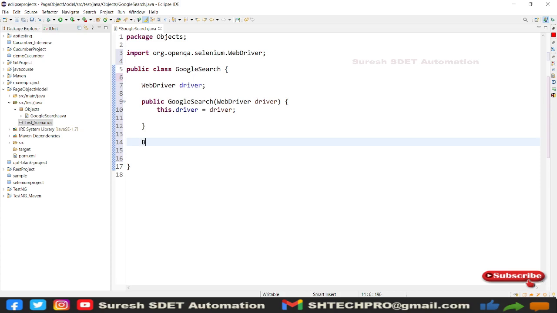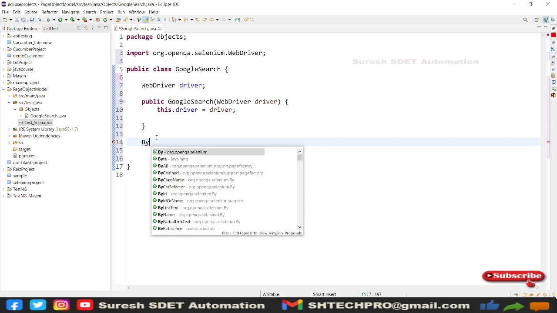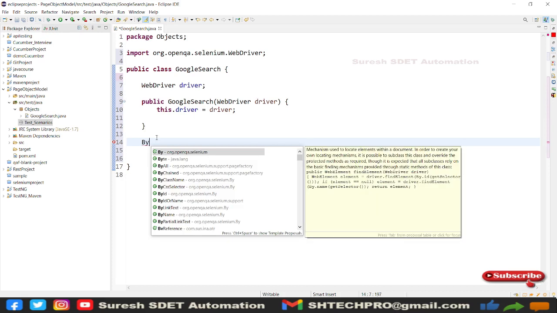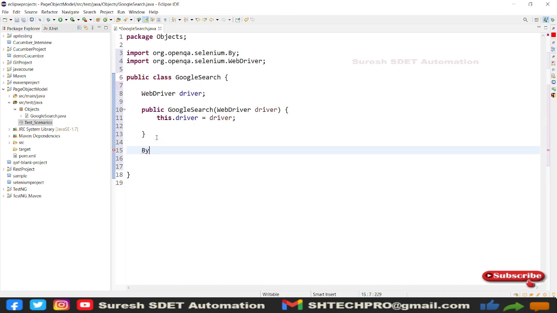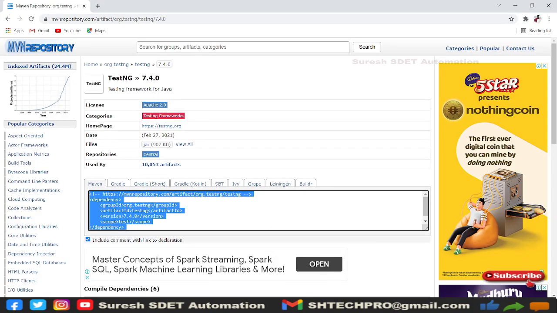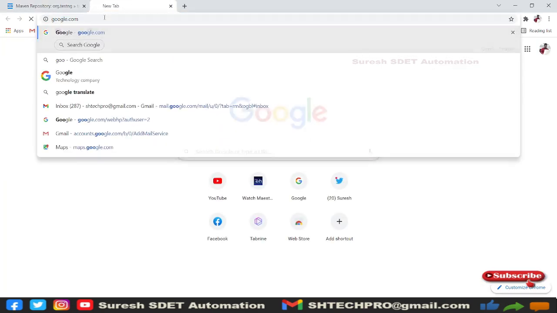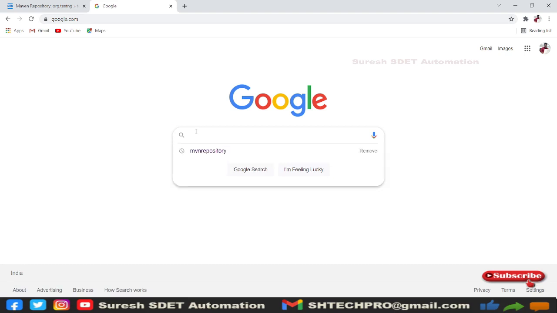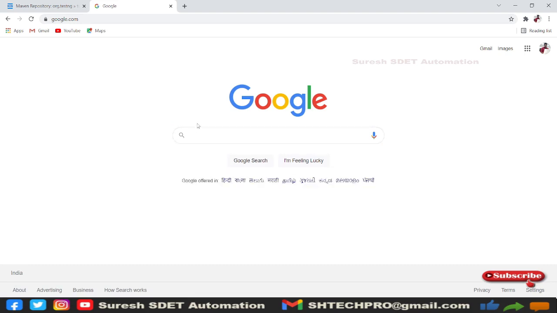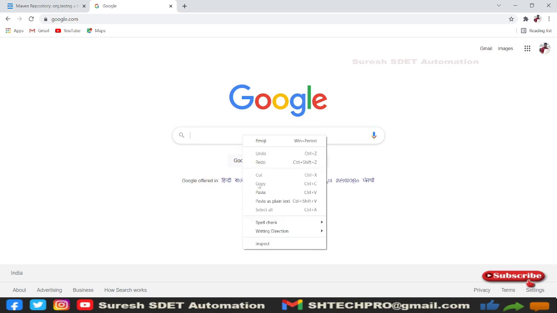Now using By, which is from Selenium or OpenQA, dot, you need to map to any object. So now we are pointing to Google search, right? For that let me quickly call google.com, and this is a search. I need to locate this search box. So for that, right click, inspect,